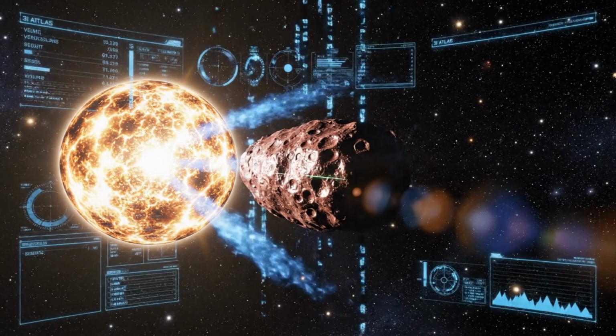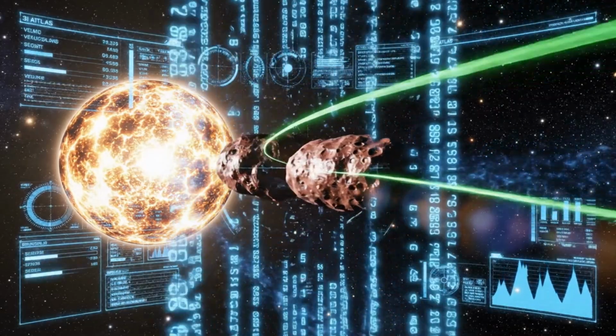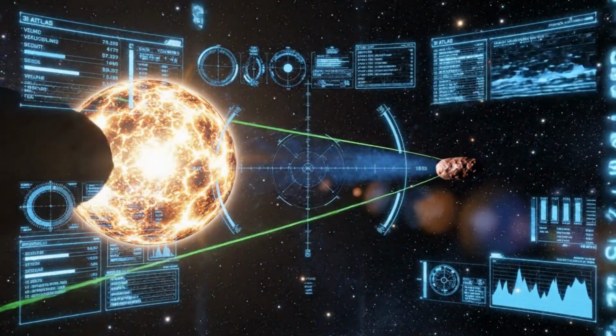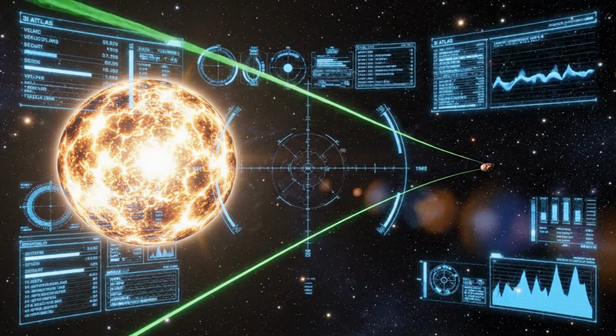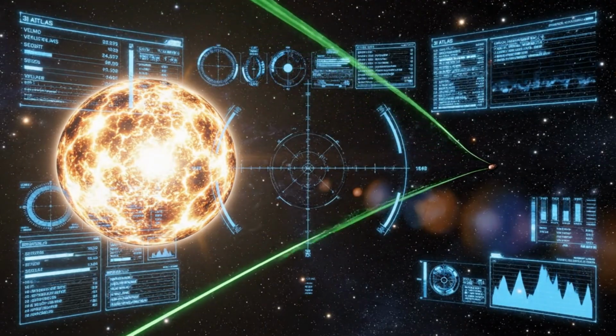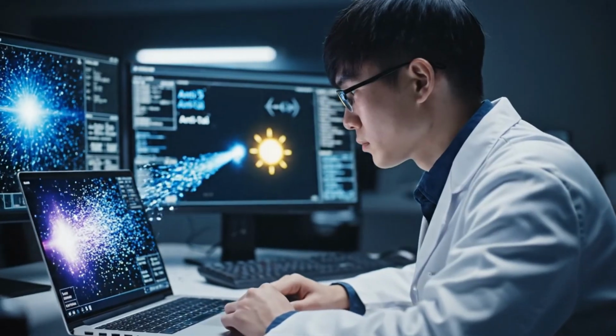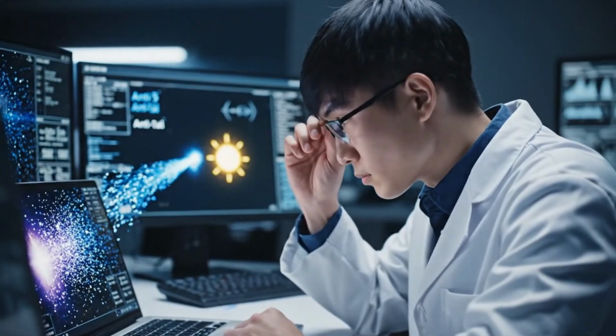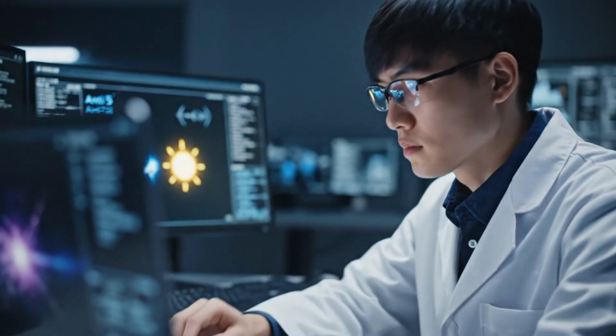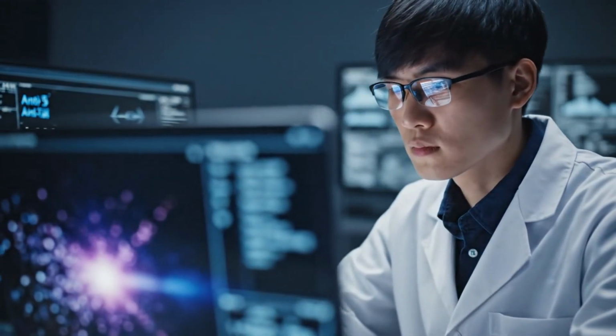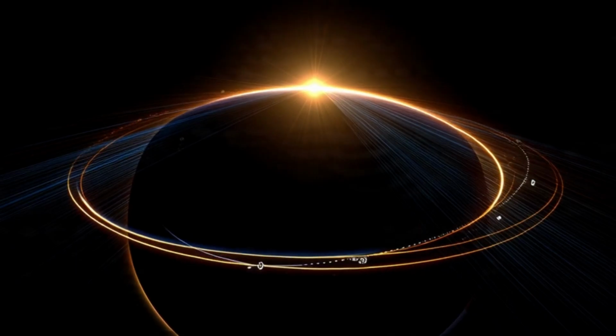If the nucleus is a loosely bound rubble pile, which many comets are, the stress of its first close pass to the sun in millennia could be enough to trigger a catastrophic yet gradual breakup. The sharp change in path would then be the result of a major mass loss event, a sudden shift in the object's momentum as a large fraction of its mass is jettisoned. The implications of this are profound.